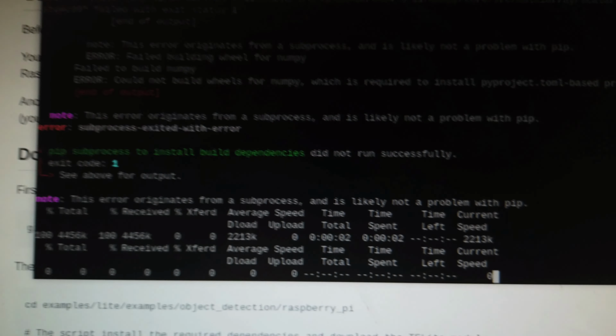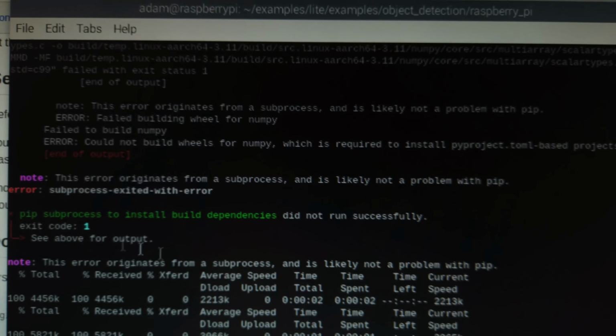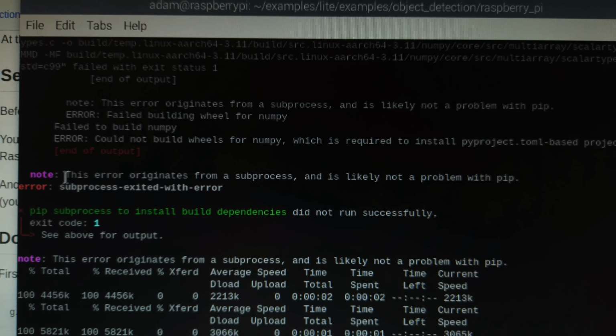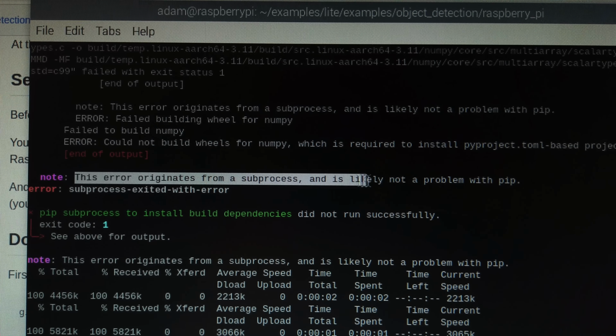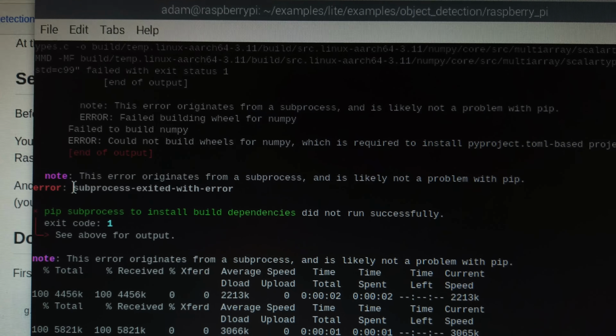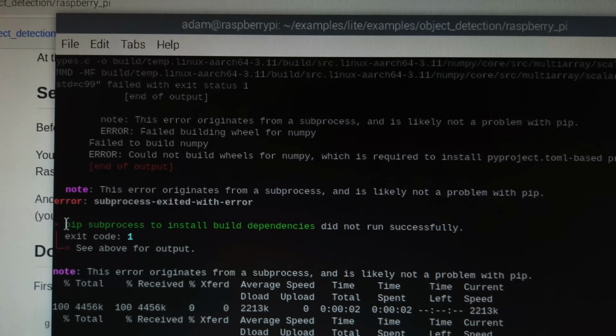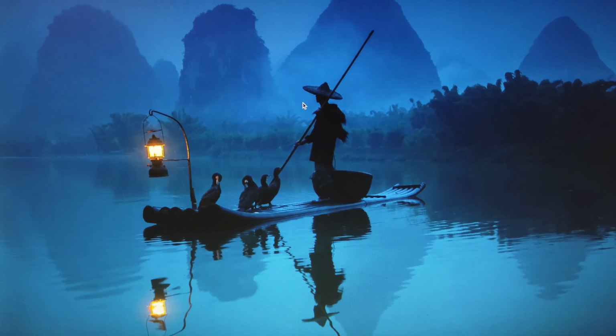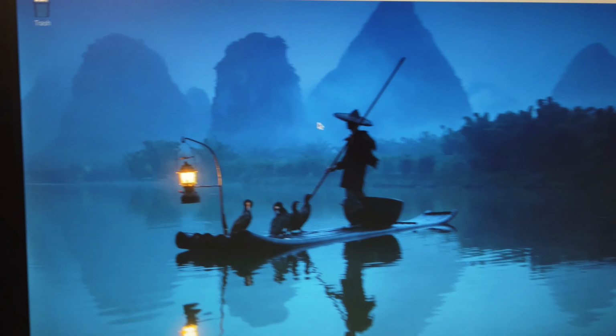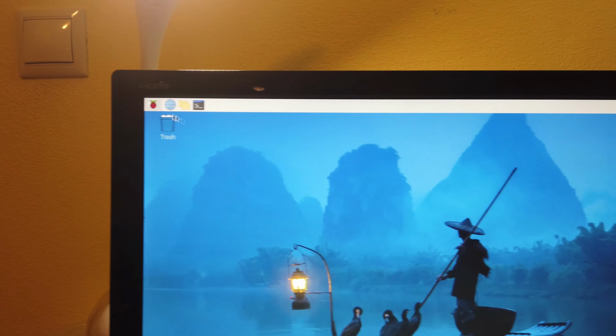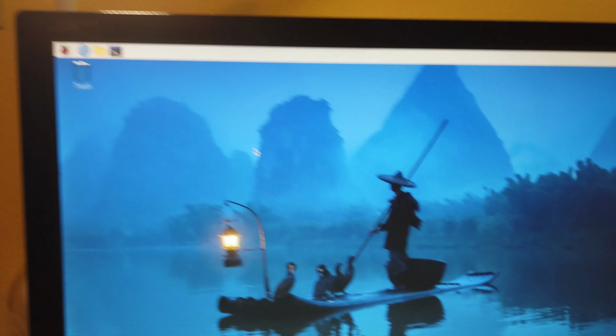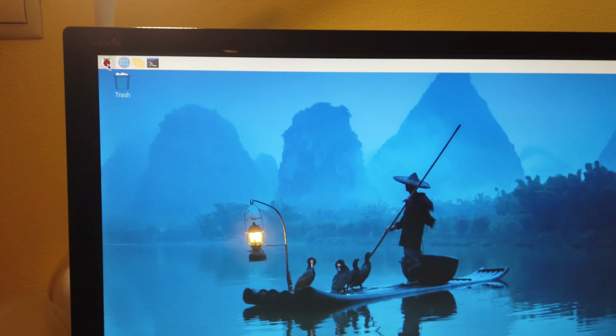I'm having a problem with my brand new Raspberry Pi 5 and the TensorFlow package for object detection. It's throwing this weird issue and I have no idea what to do with it. But first, let's see how I got the issue in the first place. Alright, so I'm here in the Raspberry Pi OS desktop version, and first off, I'm having problems even with recording